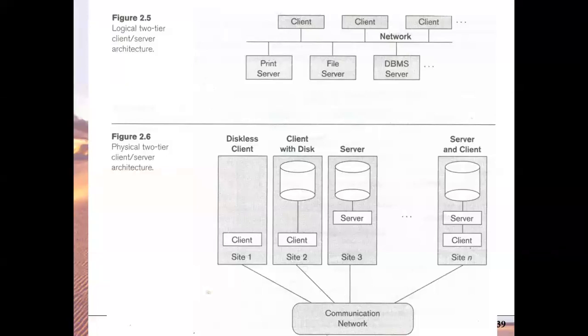Fine. Then the second type of client is client with a disk. Here, let me just mark. So this is the second type of client, a client with disk. The disk, or the database, is normally shown in the cylindrical shape. So this client has its own storage capacity. But finally, whenever the data is stored, it goes to the server itself. So the database is normally stored at the server.